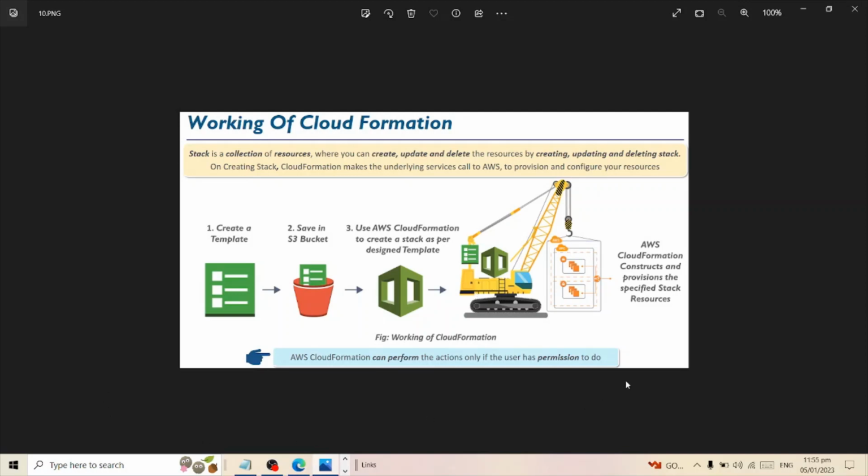So today's lab or today's lecture is all about CloudFormation. Very famous topic, and I want to make it easy for you guys. Easy in a sense how to understand the CloudFormation template, and based on that you can write your own CloudFormation templates. In writing CloudFormation templates, always remember you need to have some reference template to write